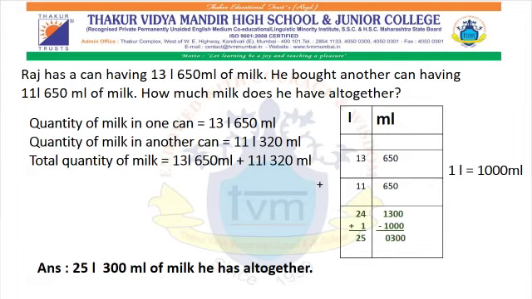Quantity of milk in another can is 11 liters and 320 milliliters. Now to find the total quantity of milk, we have to add 13 liters and 650 milliliters with 11 liters and 320 milliliters. For carrying out the addition, again making columns and adding, you can see that in milliliters you